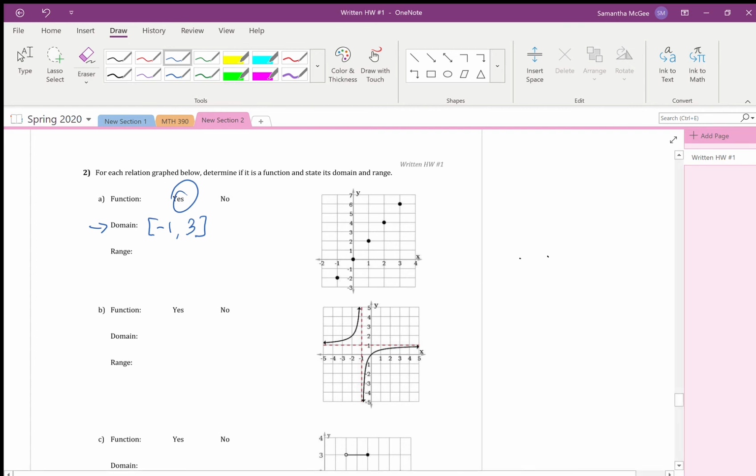So pick any number you want in there. You can plug that in. So if I picked 1.5, which is in that interval, right here on our graph, we don't have an output. There's nothing there. So that's kind of like a red flag going off in our heads